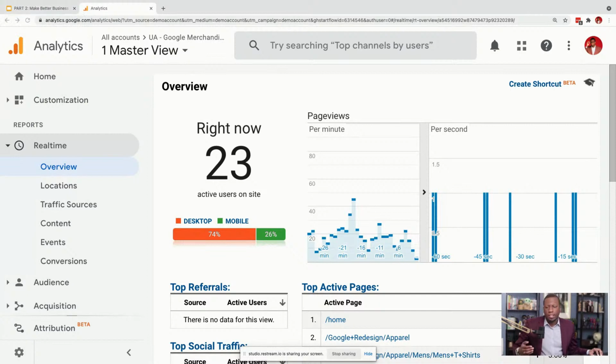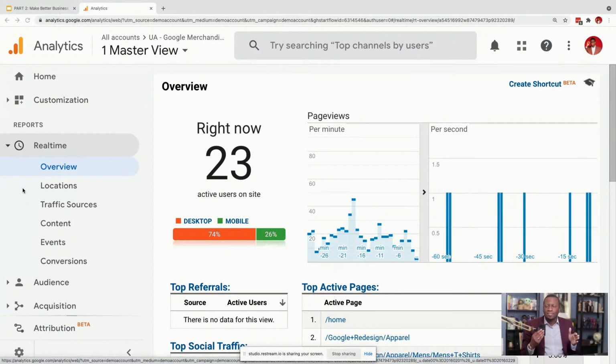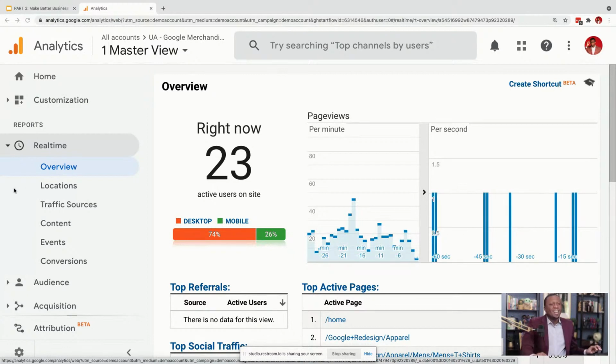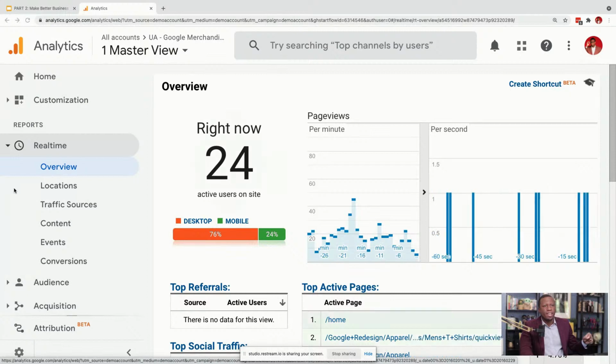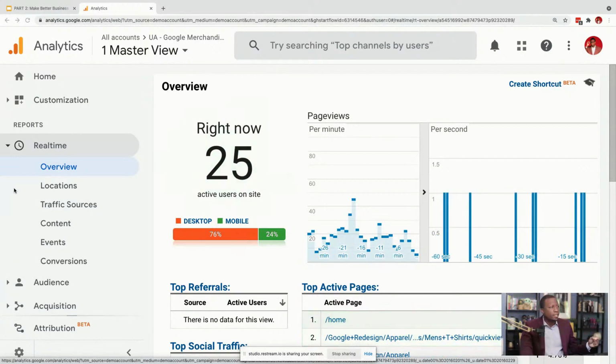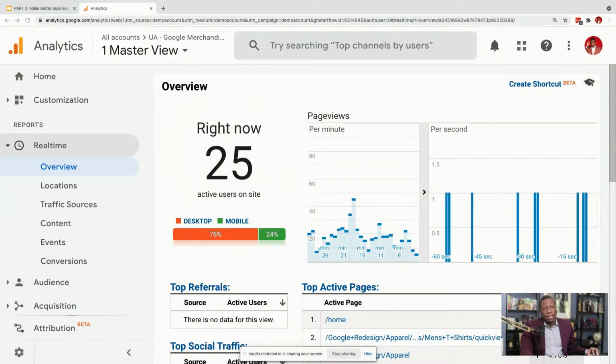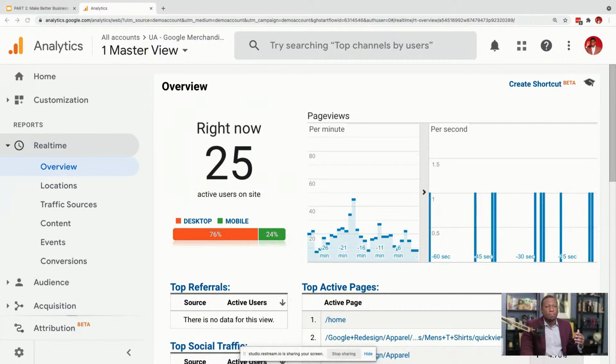Okay. Now you can hear me great. Okay, here we go. So I said a lot of good stuff. I'll say it again. This is the dashboard of analytics, and this is what you will see when you log in. And once again, there's a lot going on here. So one thing I'll talk about right here, if you see where it says overview, if you scroll down, say right now, what this does, it's giving you a real-time feed of what's going on on your website.